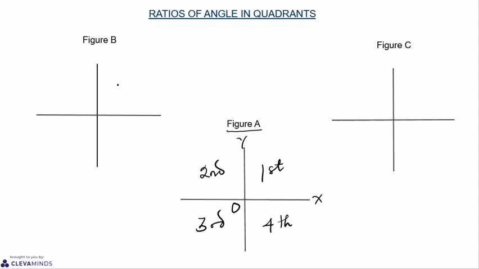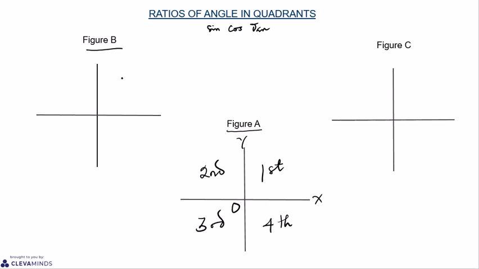Good. So now let's come to the ratios. There are three fundamental basic ratios. That's sine, cosine, and tangent, right? Good. So these ratios have different applications in each of these quadrants. But first, in the first quadrant, which is this quadrant in figure B now,